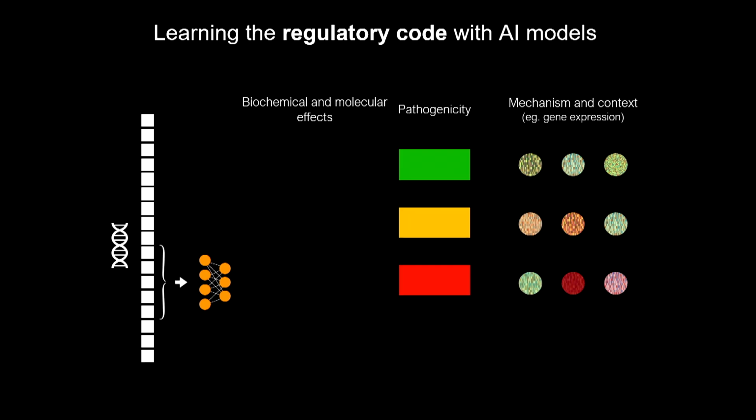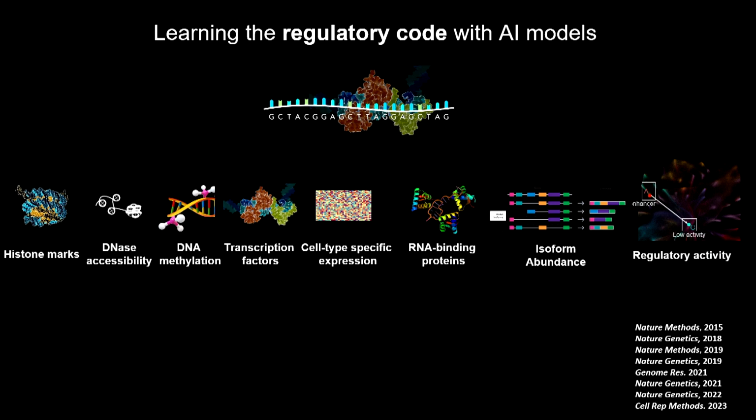And what's important is the first stage, the biochemical and molecular effects, it's really purely data-driven. There is no prior biological knowledge or interpretation brought in. Of course, for pathogenicity, we have to rely on what these effects would look like for known pathogenic mutations, so there is some bias in that. But then what's important is if you have one of those predictions and you, for example, say this A2T variant in this location means that it increases expression of a particular gene early in neuronal development and it's pathogenic, now you're getting the mechanism, the biochemistry, and actually a context. So that's why these models are quite useful, and we have them for a number of contexts.